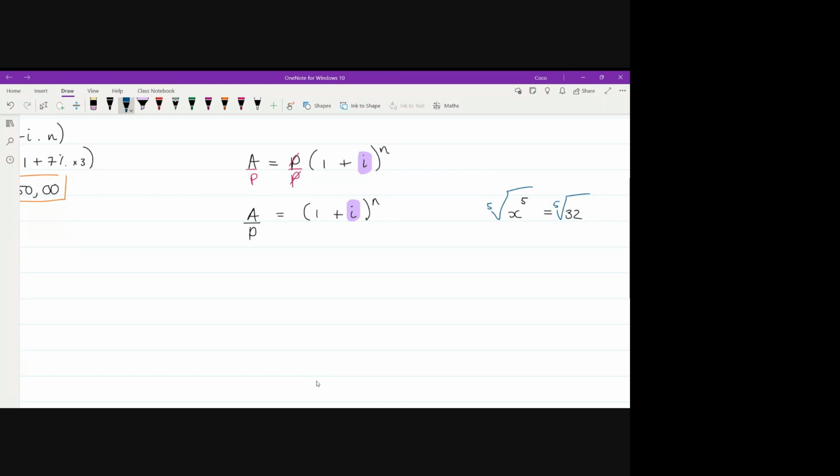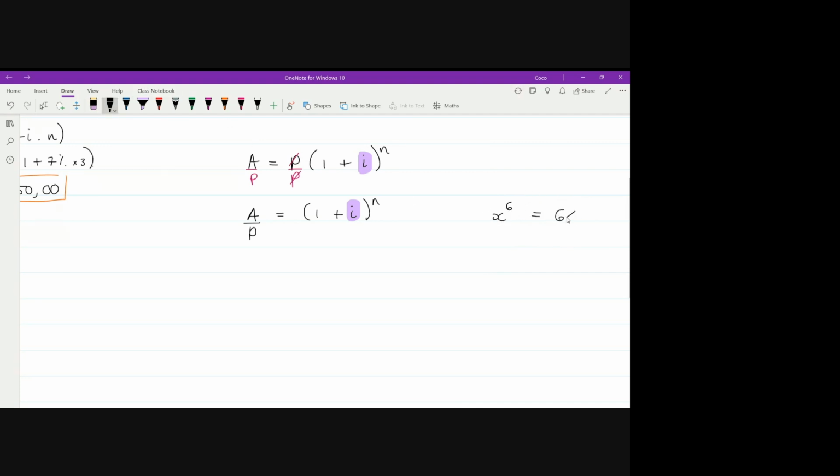I know it sounds kind of funny. We just say the number and root at the end. Okay, so the 5 and the fifth root would cancel, and my answer here would be x is equal to 2. Right. So now again, if I asked you guys, I want x to the power of 6 is equal